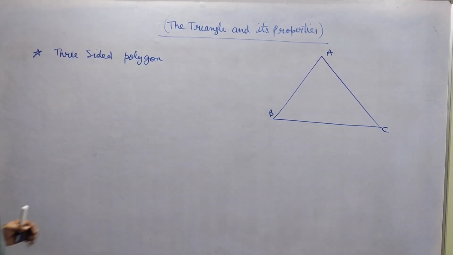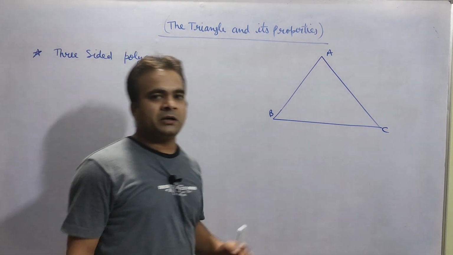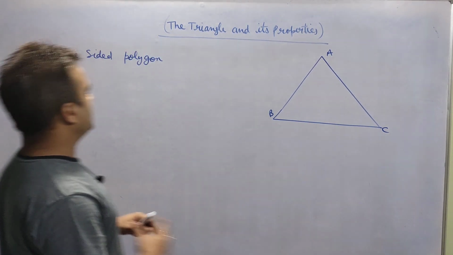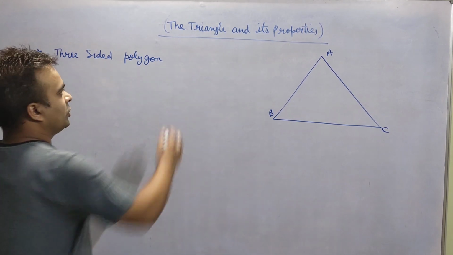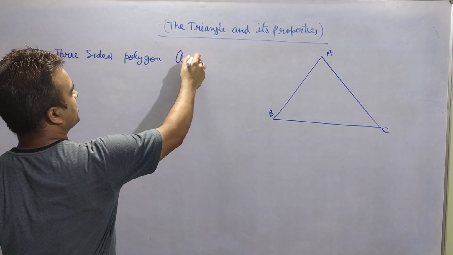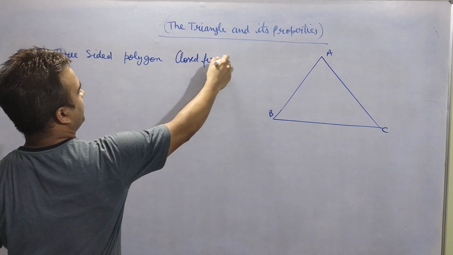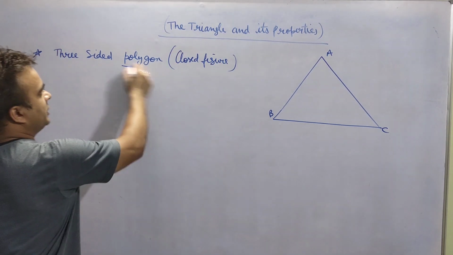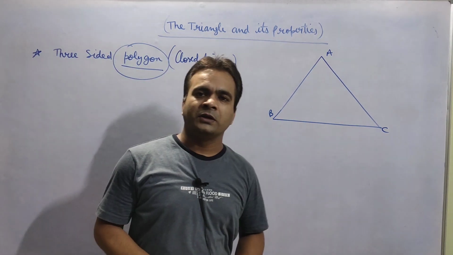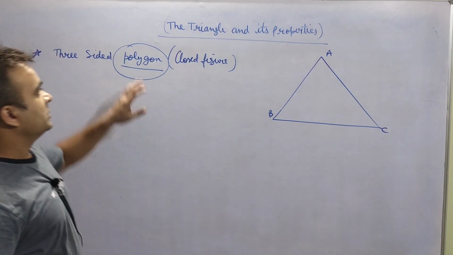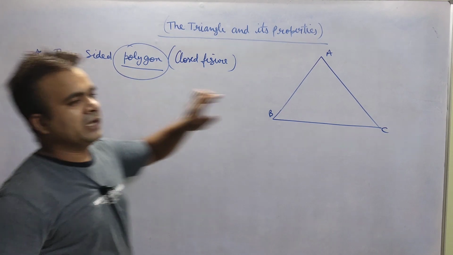Now we will start from the beginning. What do you mean by triangle? As you know very well, triangle is a three-sided polygon. Three-sided polygon means three-sided closed figure, because polygon means a closed figure which is made up of line segments. So, what do you mean by polygon? Polygon is a closed figure which is made up of line segments, and the polygon starts with triangle only, because